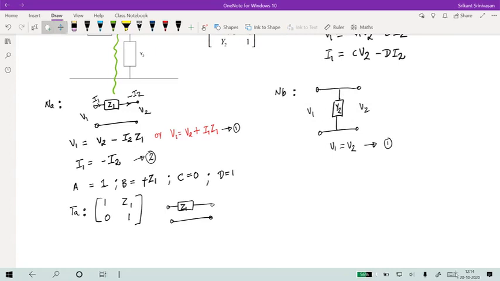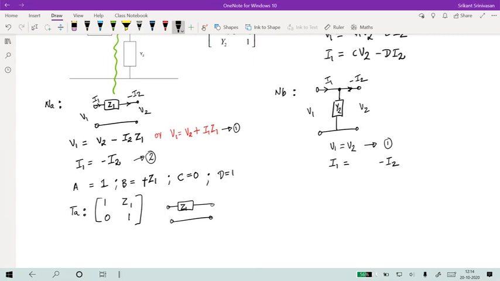And then I have the current I1 flowing here. And let me put it in the other direction, minus I2 flowing out. Now, in the case of I1, of course, there is a different relationship, because if you consider Kirchhoff's current law, the sum of currents entering a node should be equal to the sum of currents exiting the node. So the current entering this node over here is I1, and the current exiting is minus I2,